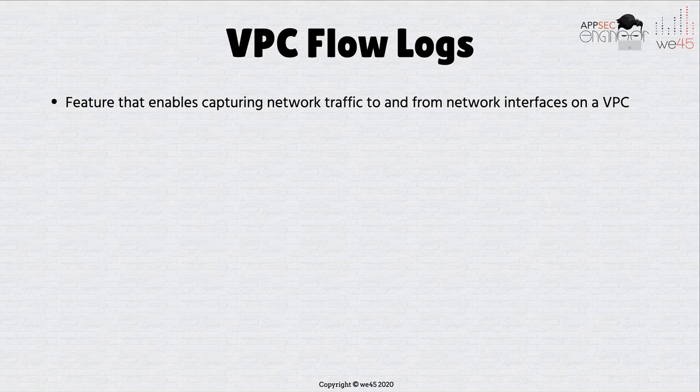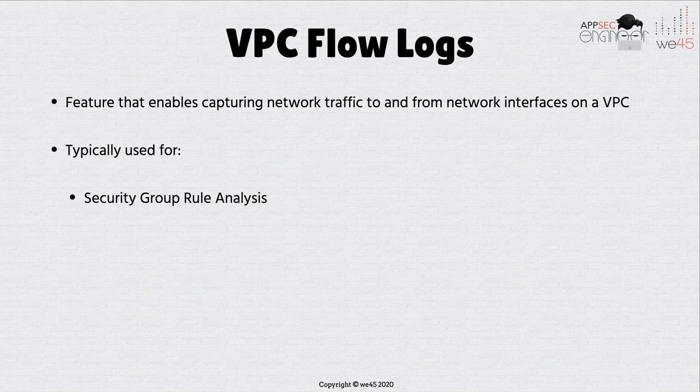Flow logs is essentially a very important feature that allows you to capture network traffic that's going back and forth from a network interface on a VPC or a bunch of network interfaces on a VPC. So you have a VPC, we've already spoken about the virtual private cloud, but you also need to be able to monitor traffic inside that cloud environment, on that cloud network. VPC flow logs can help you do that. Now, these flow logs are essentially network layer flow logs, which means they can allow you to get information on the kind of traffic that's going back and forth.